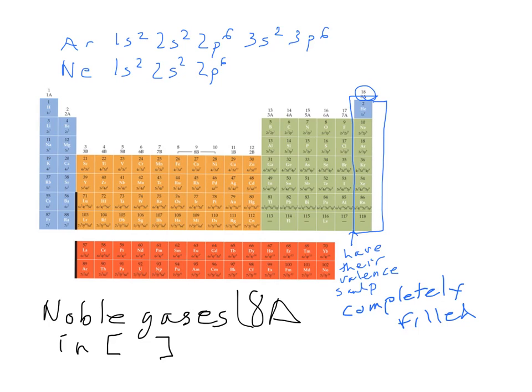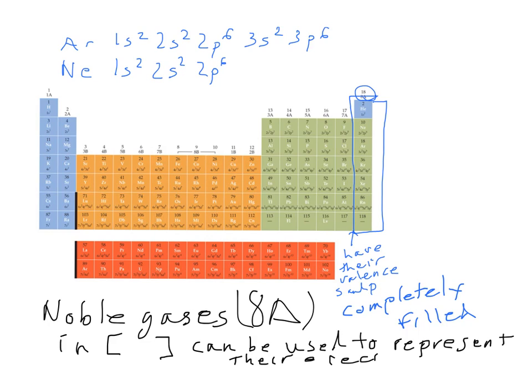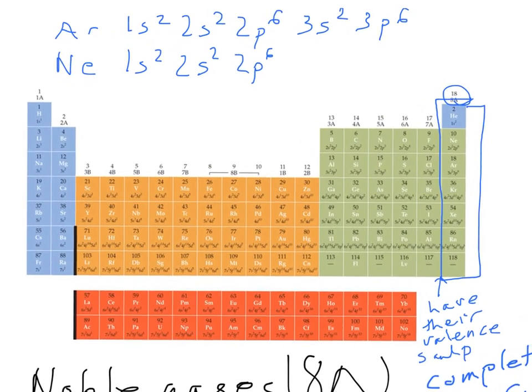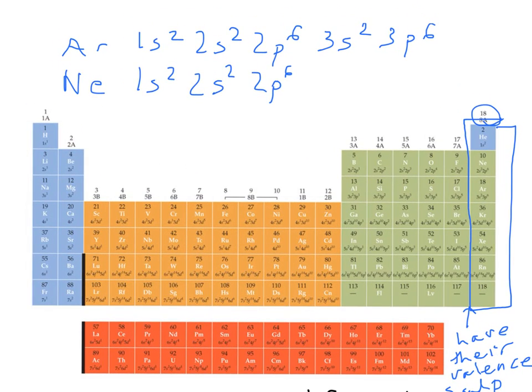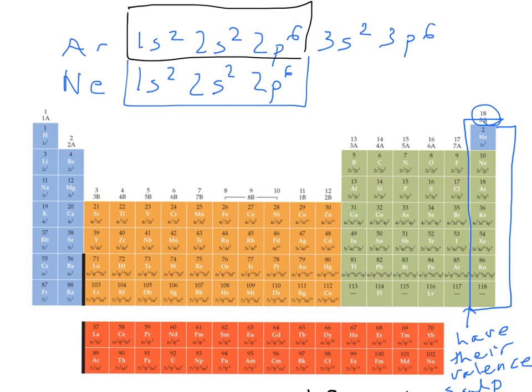In English, noble gases, or elements in group 8A, in square brackets, can be used to represent their electron configuration. For example, if we zoom into our argon neon example, if we look at neon's core electrons, the core electrons of neon have the same electron configuration as neon does entirely. So to save ourselves a lot of work, when we write the electron configuration of argon, we can write the elemental symbol for neon in square brackets,